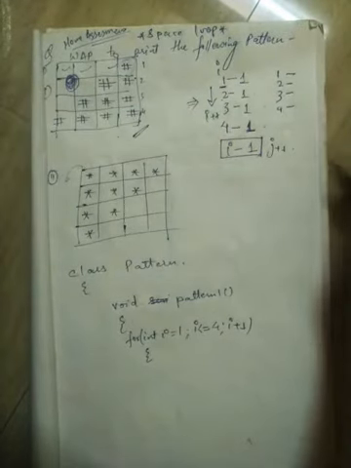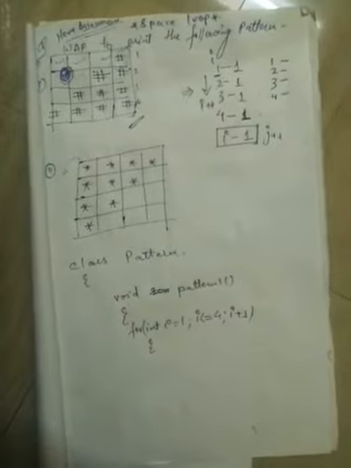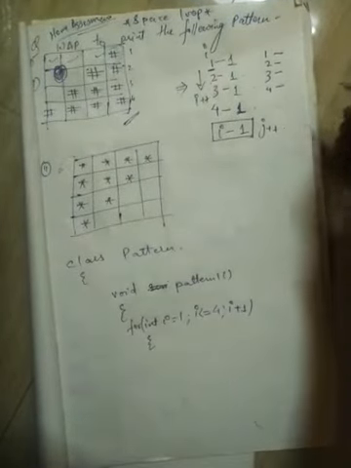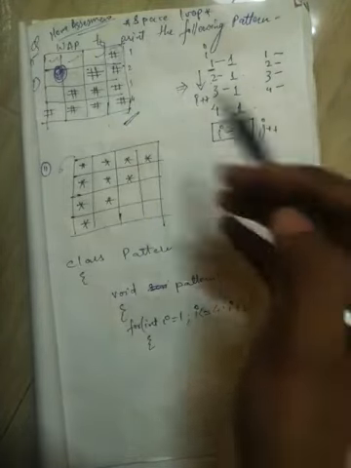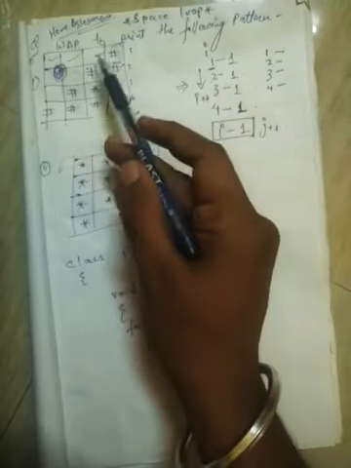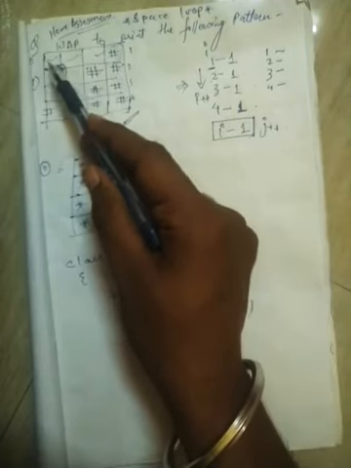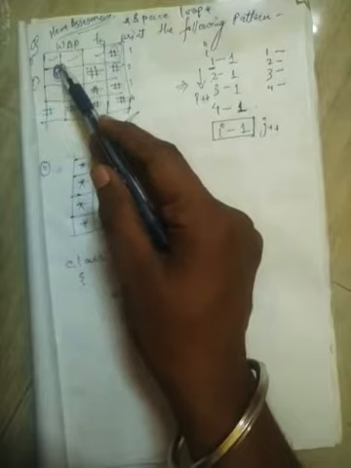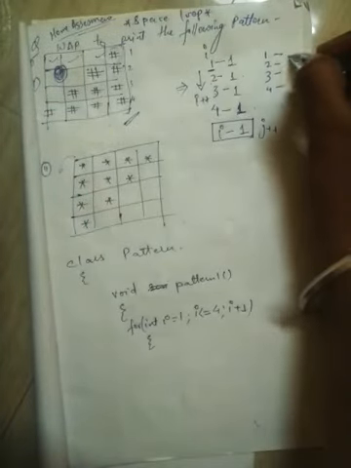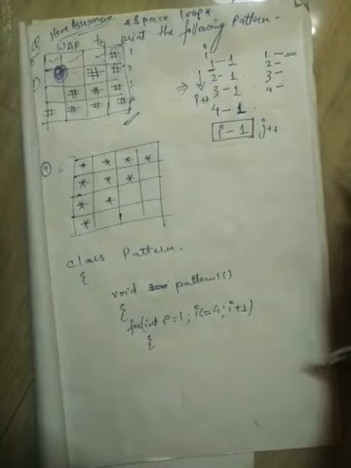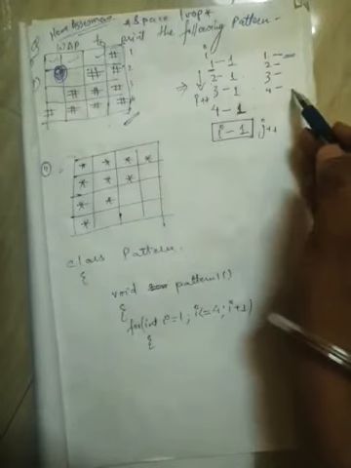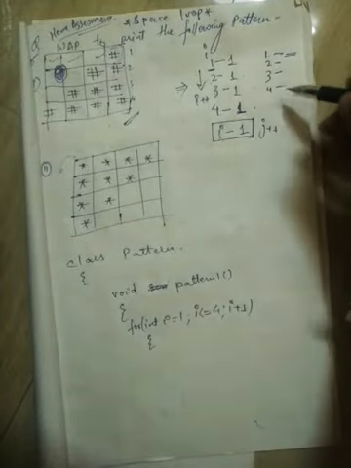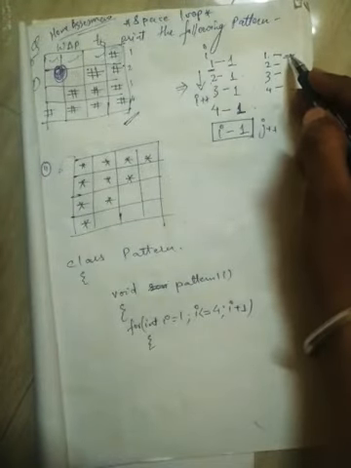Second table. Now here we have to put a value here, no? So how will we put the values? We have to see where we have the maximum space, in the first line or in the last line. We have the maximum space in the first line. How many spaces? 1 2 3 spaces are there in the first line. So we'll count from here. I have to put the value in the first place, seeing the spaces. If I had the maximum space in the last line, I would put the value in the last line. Since I have the space in the first, I'll start putting the values from the first value.